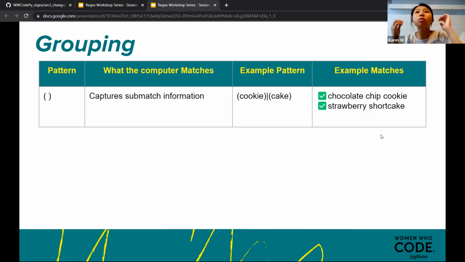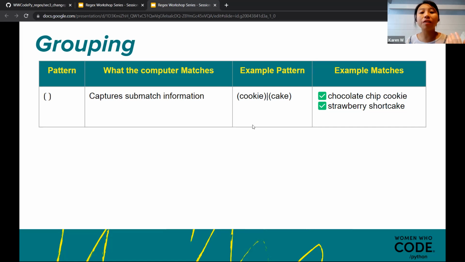You can have two patterns, two different sections, to find cookies and cake, but you can also put them together in one shot, so you don't have to go through the list over and over again.